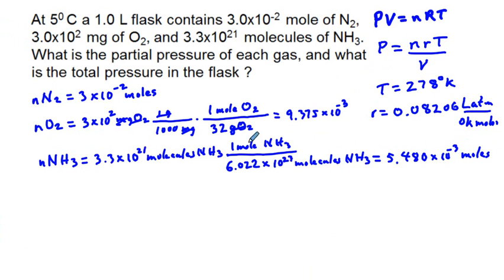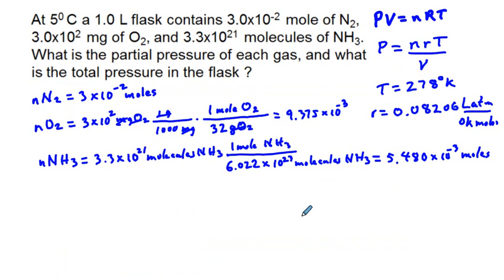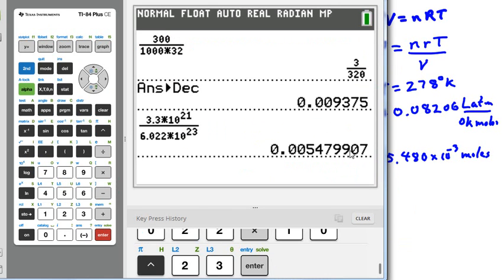That's going to be a lot of moles. I think this is going to be tough to breathe and survive at all. So what we're going to do is get the total number of moles, and that's what we have to work with in getting our pressure. If we add all these up together, our number of moles is going to be this right here